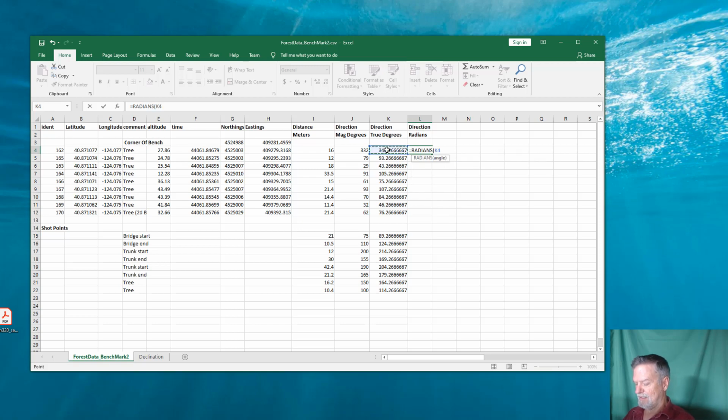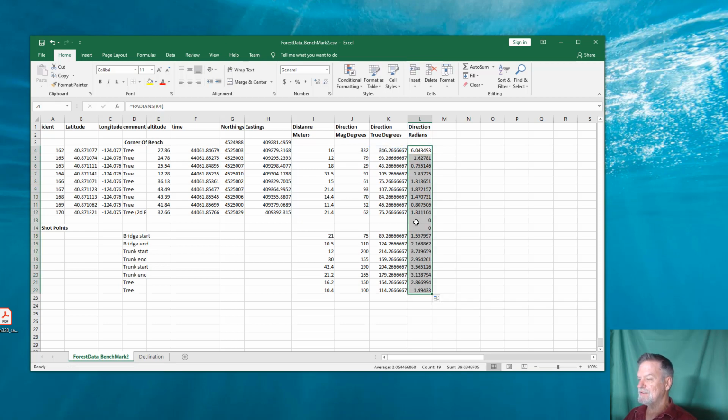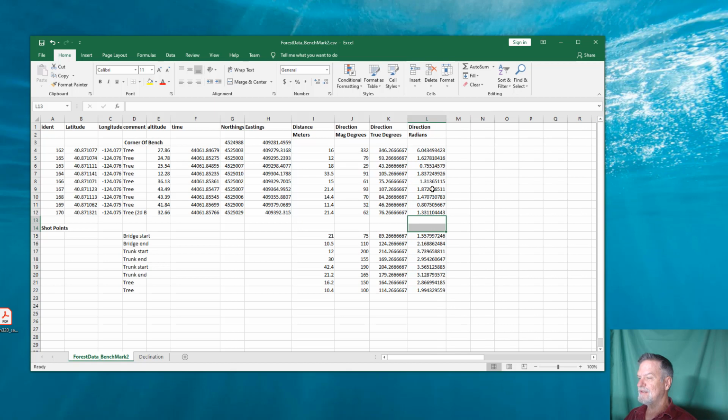One is that it allows me to be very careful in each step and make sure I'm doing each one correctly. The other one is it also makes it easier for me to find problems and fix them, and I don't have to deal with some big equation that has a whole bunch of stuff in it. So there's our direction in radians, and now we can compute our dx, and our dx is going to be the sine,